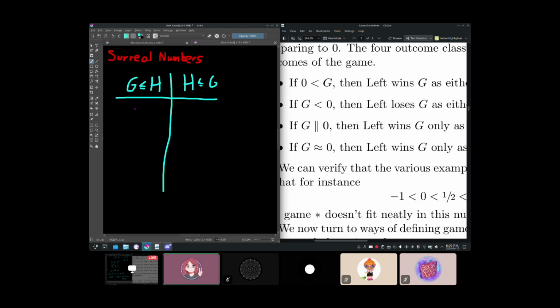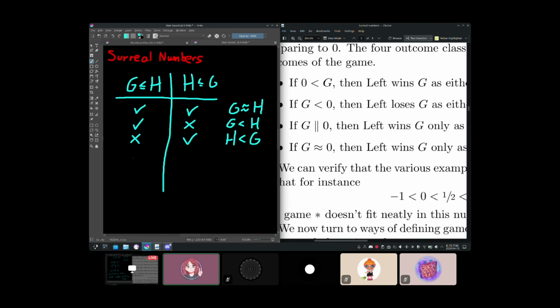So if you do have G less or equal to H, and you also have H less or equal to G, then, well, that's just the order equivalent relation that I defined earlier, right? That's no problem. We already kind of know what that is. If G is less or equal to H, and H is not less or equal to G, well, that's what we defined as G being less than H, right? If G is not less or equal to H, and H is, in fact, less or equal to G, then that's what H is less than G means.